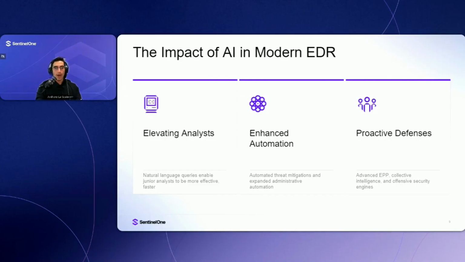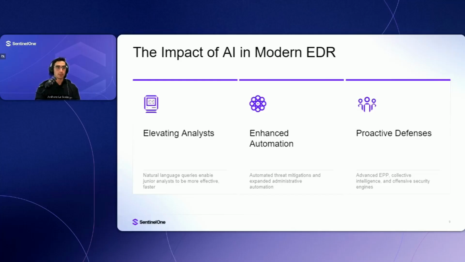Now, why is modern EDR so much more effective than legacy EDR? Why is it the choice for the current threat landscape? Well, the advantages of modern EDR solutions are clearly seen across 3 domains: the implementation of AI, automation, and proactive defense. First up, with the implementation of AI, modern EDR toolsets utilize the most current technology with an eye on innovation as technology evolves, namely AI in the current tech landscape.